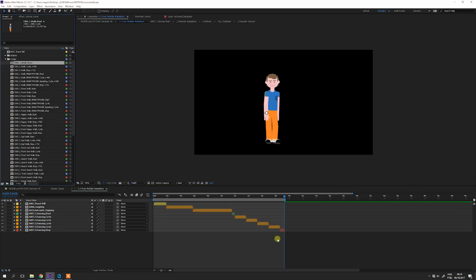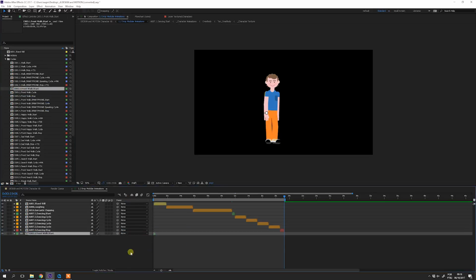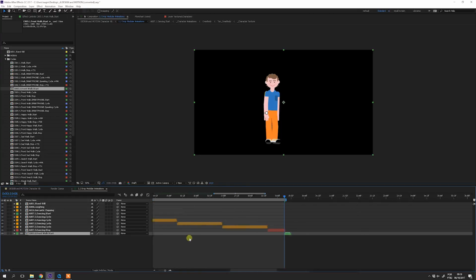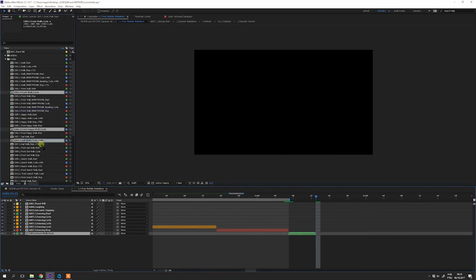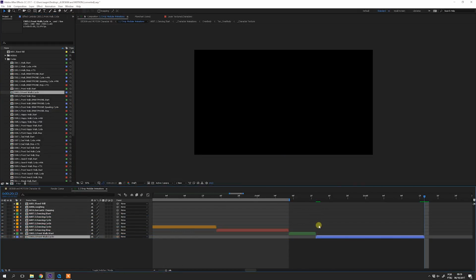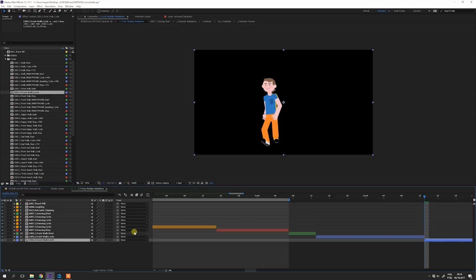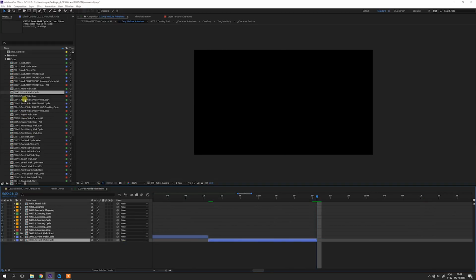The way to work with the cycles is exactly the same as we did with the actions. Just drag and drop it to the composition. Let's start with the C003.1. Drop the start model. Then the cycle. Repeat it as many times as you want. I will repeat 2 times. Now you can use the stop model.